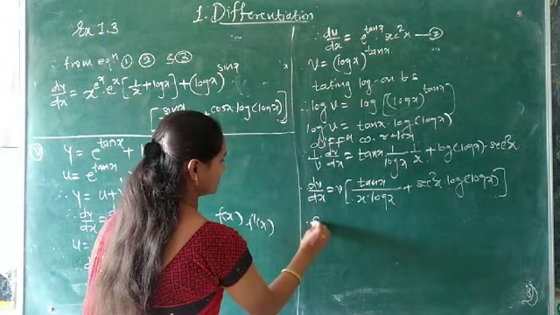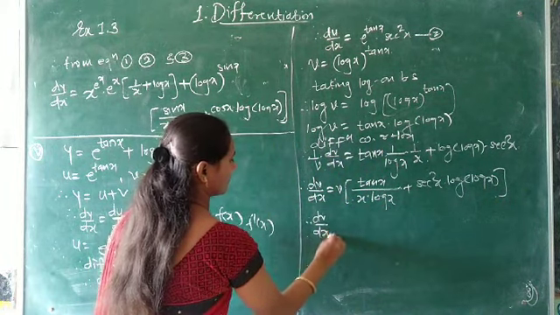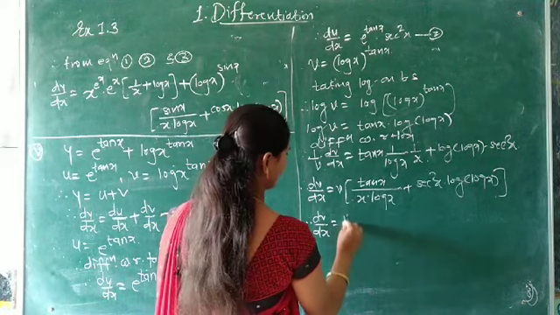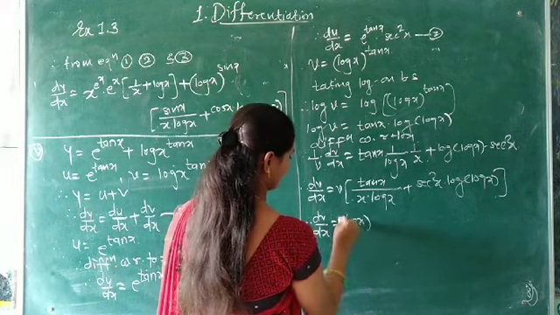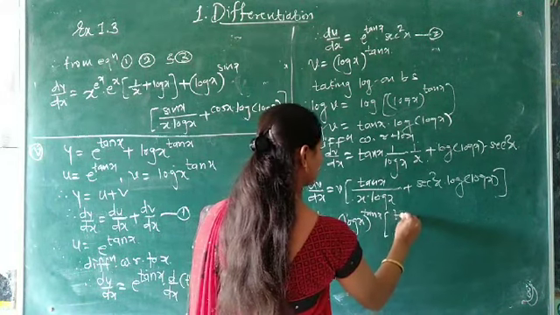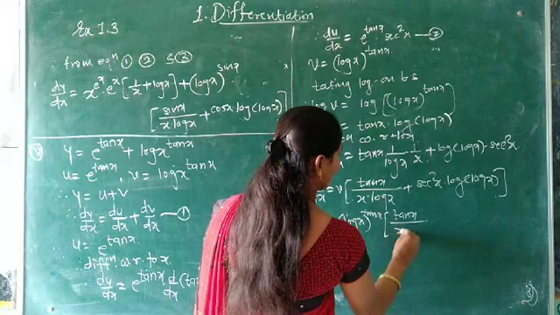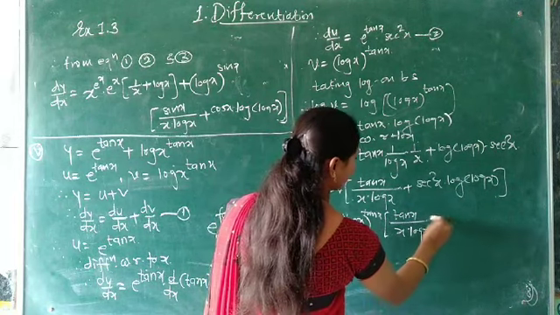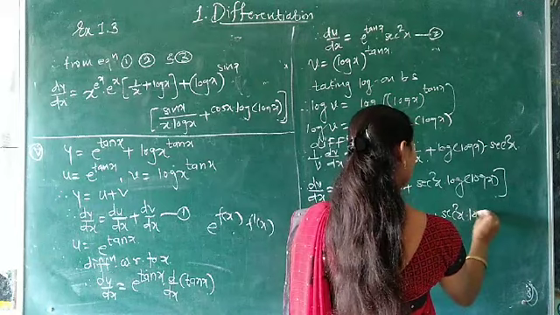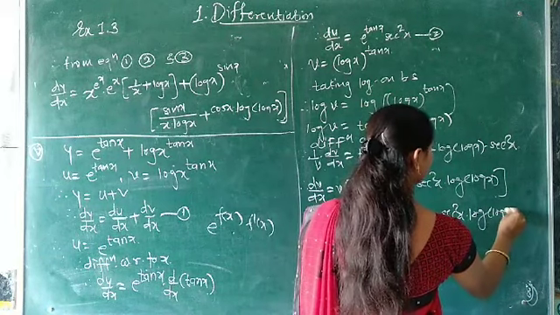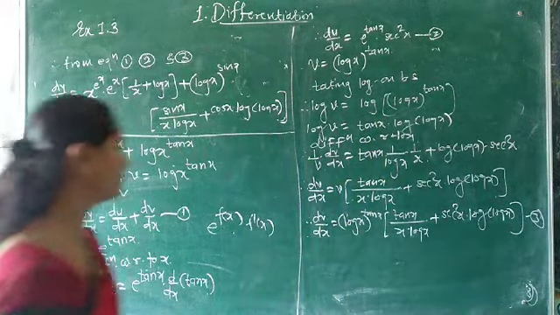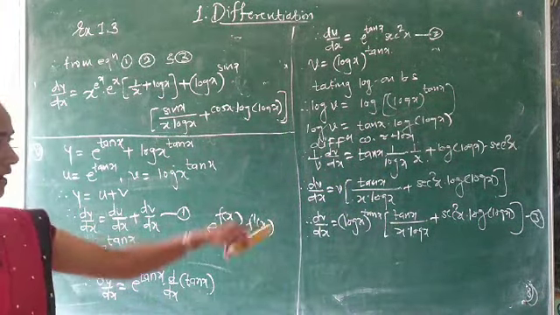Write the value of this. What is v? Log x raised to tan x into tan x upon x into log x plus sec square x into log of log x. Equation 3. Now again from this 1, 2 and 3 we write